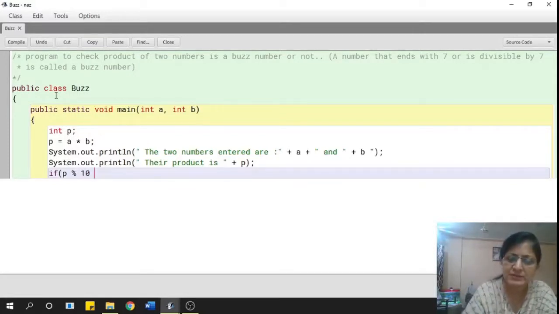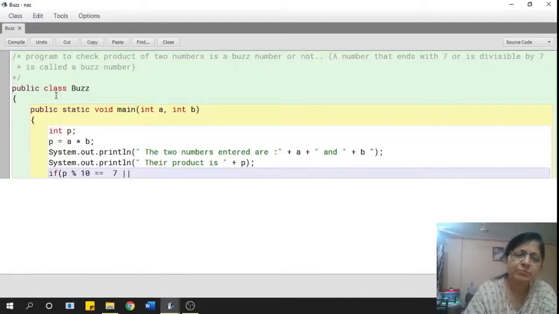So P modulus 10 equals 7. This means the last digit is a 7, or it is divisible by 7. The OR operator is this symbol which is above the enter sign. You have to use the double pipe symbol.